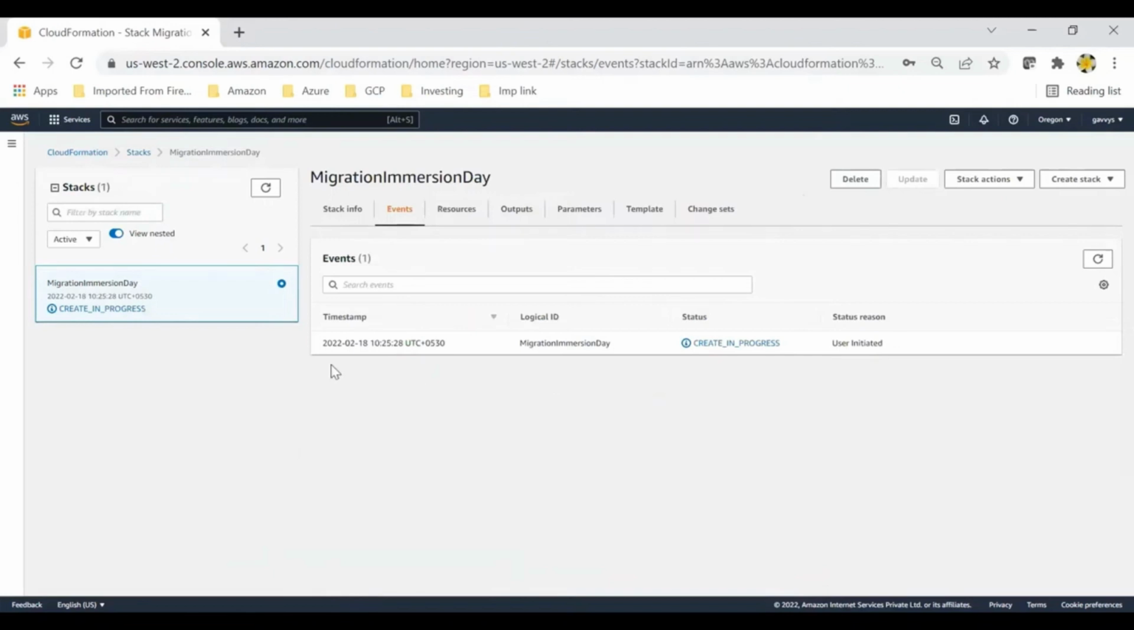So our stack creation is in progress. This will take around 15-20 minutes. So for the time being, I'll pause this video. Again, this will deploy our basic infrastructure, so that we need not waste our time creating the